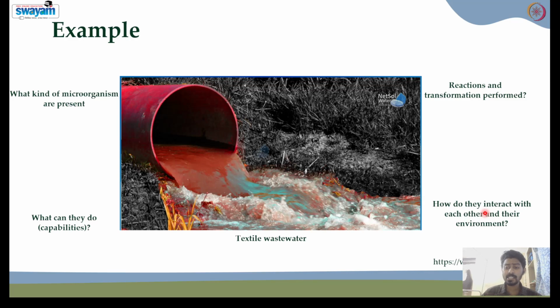These different enzymes are synthesized for their own growth and survival. So this is all teamwork. They share their metabolites and help each other in order to convert a polluted environment into a non-polluted environment. So this is one of the basic examples where we could apply the microbial ecology concept and answer these four questions